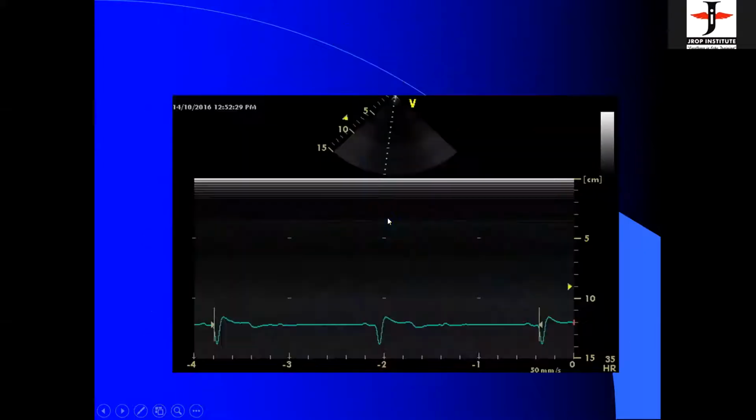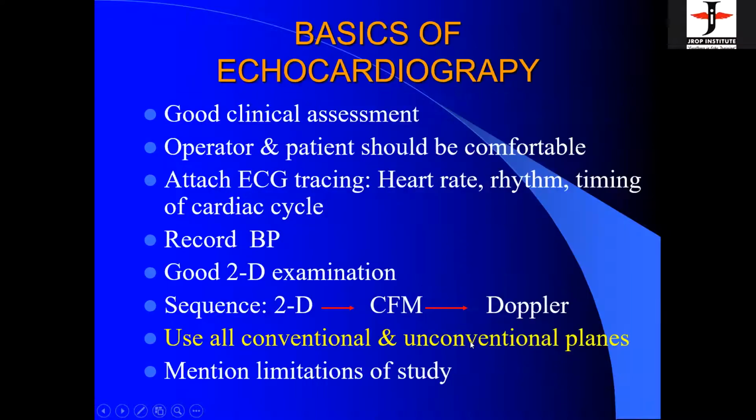Just to give you an example. Now, this patient was sent to the echo lab. The doctor orders it, and the sister sends the patient. They send the patient without seeing anything. As soon as the patient comes in the echo lab, we attach an ECG. We find a heart rate of 35 and we find 2 to 1 atrioventricular block. So we just do a very quick echo and send the patient back. That is why it's always important to attach and record an ECG tracing, and to record a BP always in certain conditions, and you will be told how important it is.